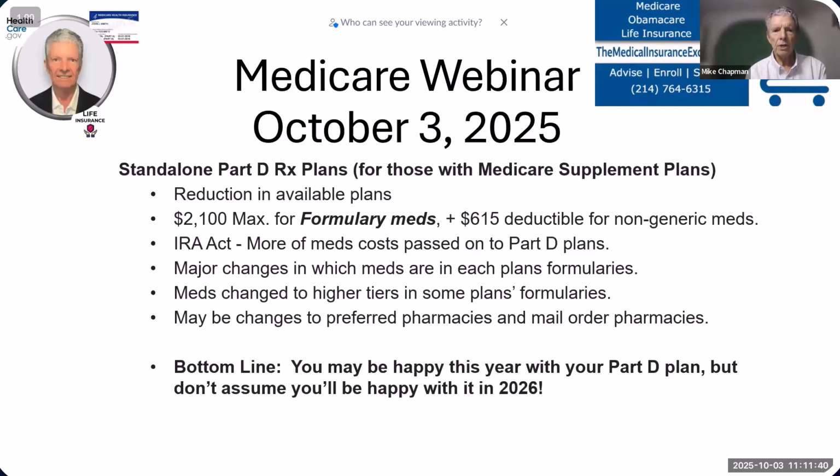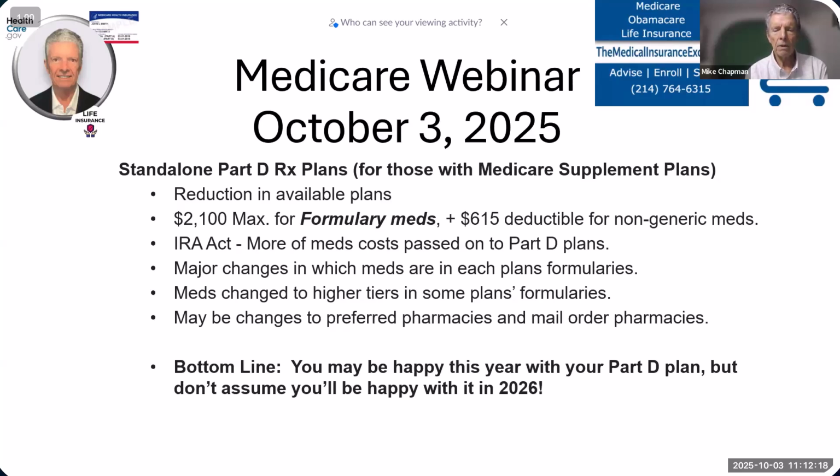Why is this a change? A few years ago, there was no limit to the amount of prescription expenses somebody could have. The Inflation Reduction Act changed that. More of the cost of the medications, going from unlimited to a $2,100 maximum, has been passed on to the Part D insurance companies. Now, this year, because of all this, there are a ton of changes in which medications are covered in each formulary and which tier